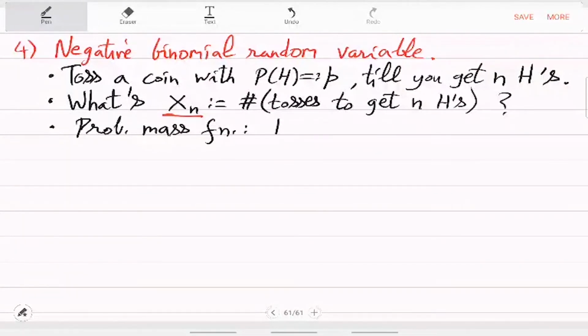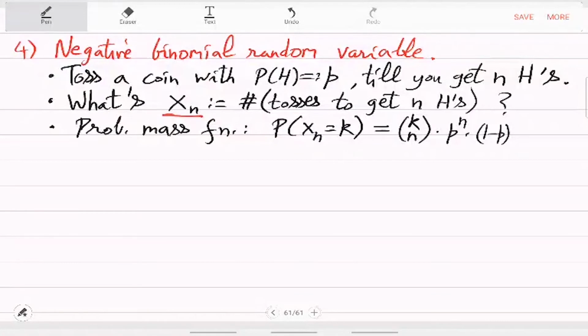The probability that xn is k, that is, in k tosses you get exactly n heads: k choose n places where you can put the head. The head probability is p raised to n, and the rest is (1 minus p) raised to k minus n. That's the probability mass function,